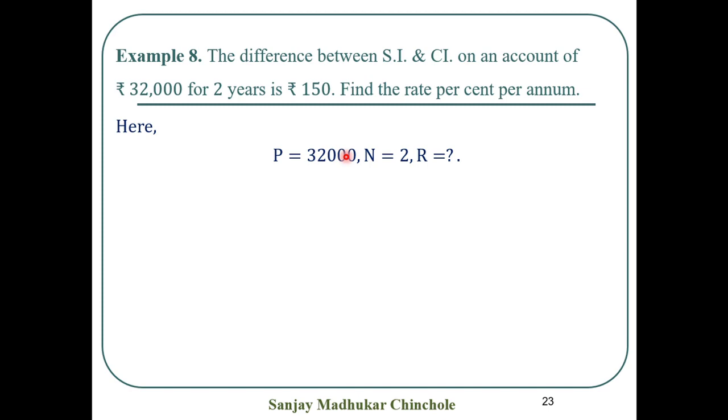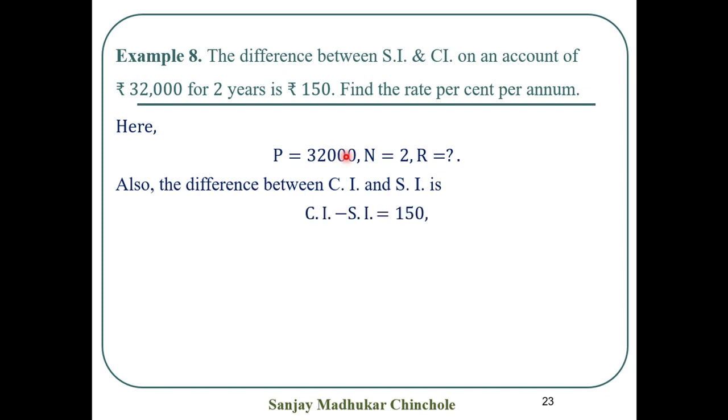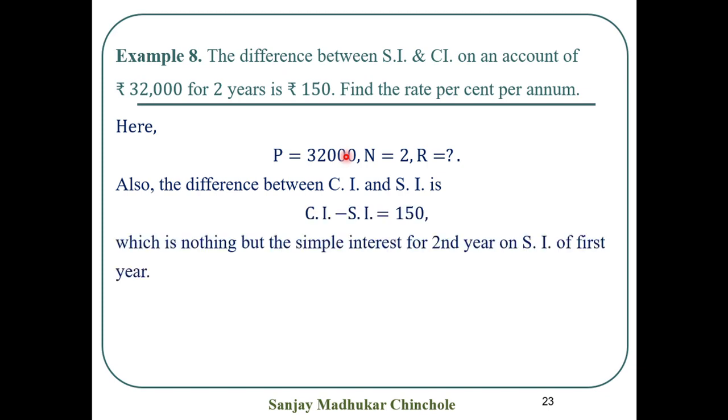P is 32,000, N is equal to 2 years, R is unknown, SI and CI have the difference, CI minus SI is equal to 150, which is nothing but the simple interest on second year. We know that for the first year simple interest and compound interest are same. In the second year, the simple interest for first year and second year are same, but the compound interest is increased due to the simple interest on first year. So this difference is due to the simple interest on first year. So it will be the interest on simple interest of first year,